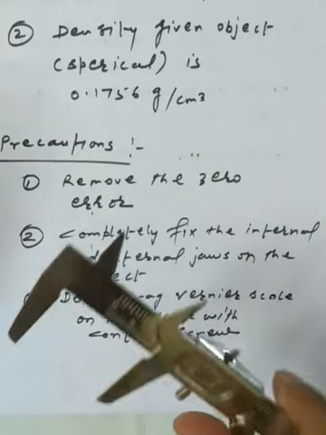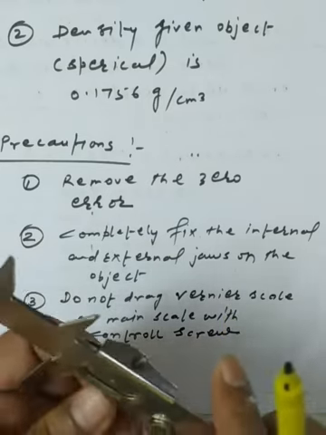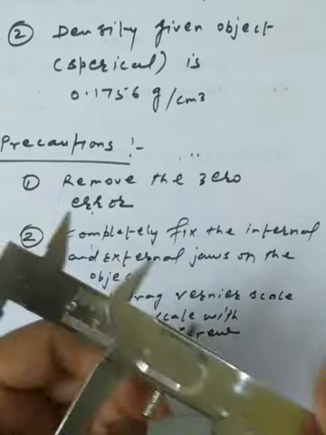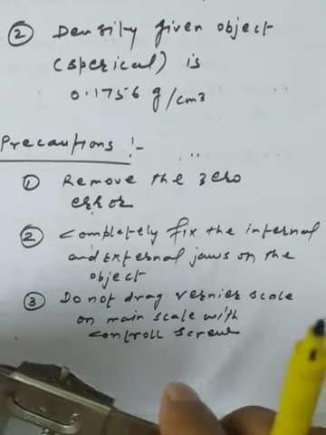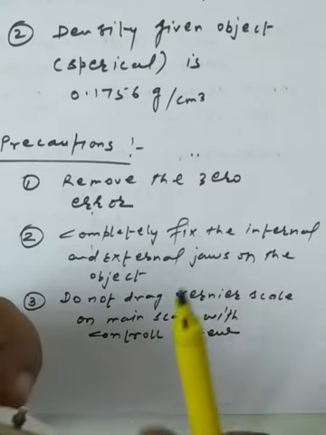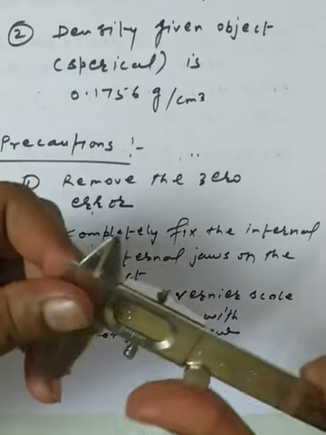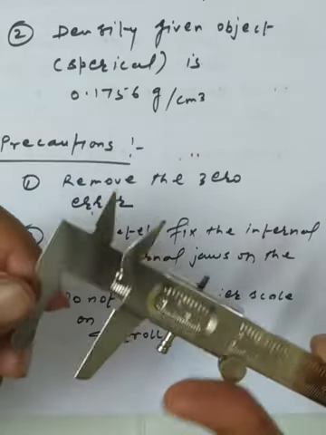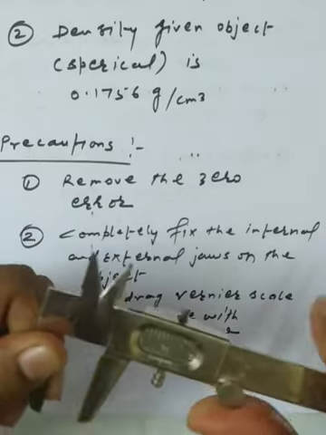And do not drag the vernier scale on the main scale, because whenever you are using it, you must loosen the controlling screw which we have given on the scale a little bit, so it can easily move on the vernier scale. So these are the basic precautions whenever we are discussing any apparatus. You must ensure the justified use of that apparatus in front of you. So this is your responsibility.